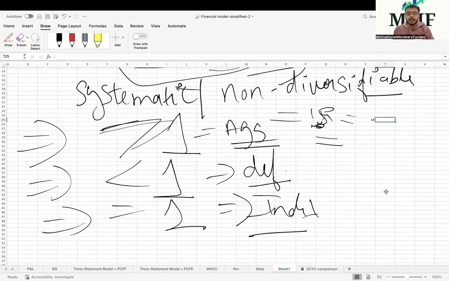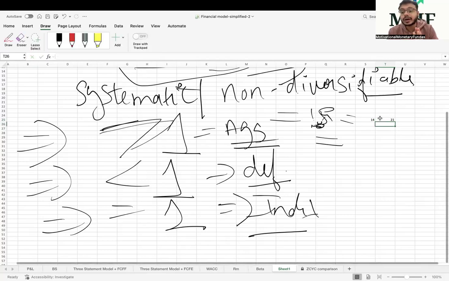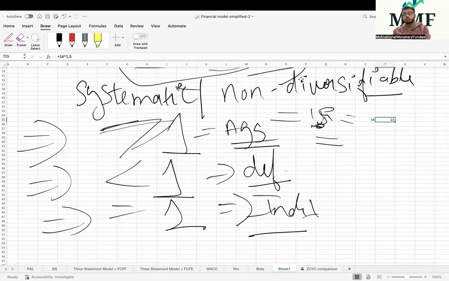So if I'm investing in a portfolio having a beta of 1.5, then my average 10-year return, how much money did I make in 10 years? It would be 14 into 1.5. So I made 21% return. I can convert this number to a percentage, but just for simplicity of understanding, 14% was the benchmark's return, Nifty 500, but I made 21% because the beta of my portfolio was 1.5, more than 1, aggressive.